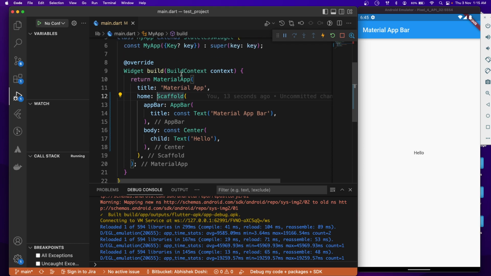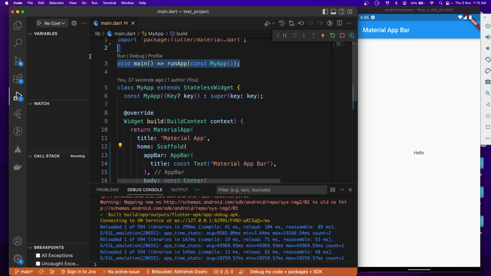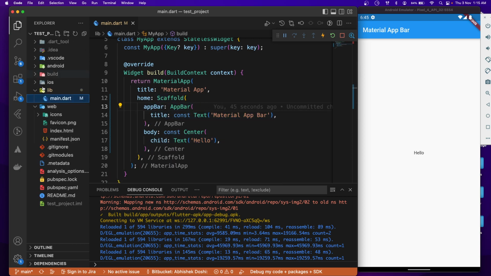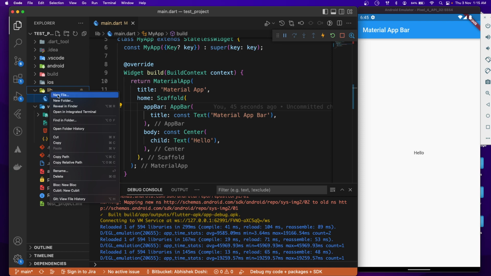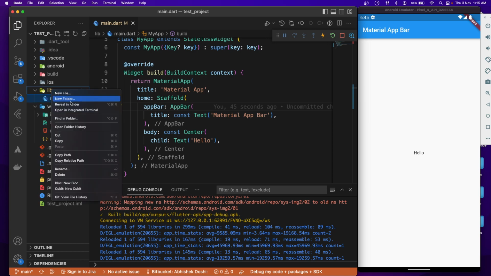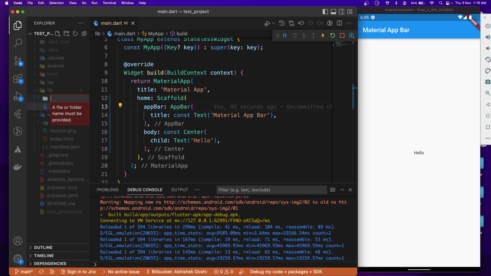So here you can see that our main.dart is responsible for initializing or running our my app. It is also responsible for running home, which is not a good practice. So what we can do is we could create a new file inside lib folder, or let's create a new folder of home. Inside that we create a folder of view, or you can say pages. Inside that, we create a file home underscore page